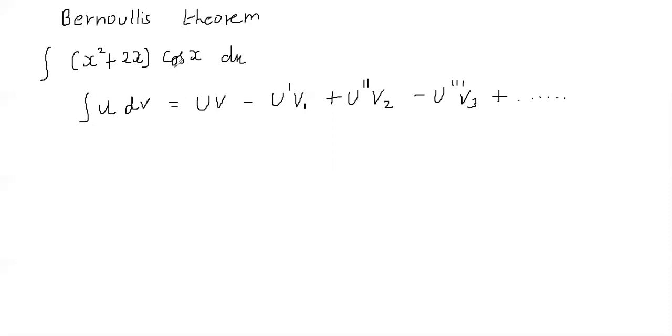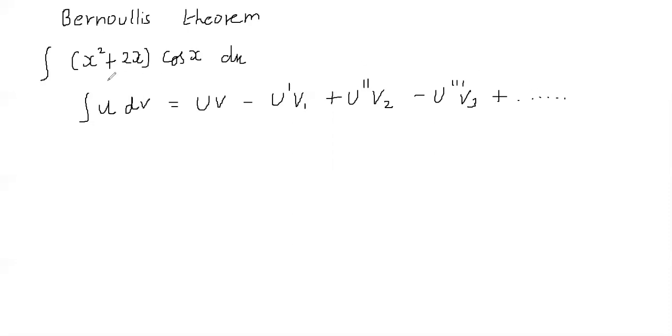So we have two terms. If we take cos x and differentiate, it becomes sine, then minus sine, and then minus cos. The sequence goes on and does not stop at any point. So the u you select should become 0 at some point. If we use x square and differentiate, it becomes 2x, then again it becomes 2, and again it becomes 0. If one term becomes 0, the equation will stop.